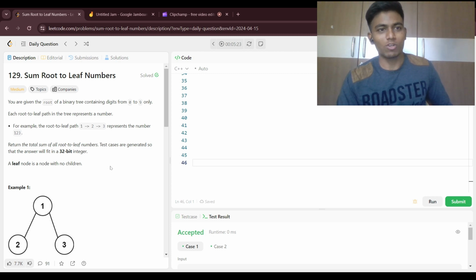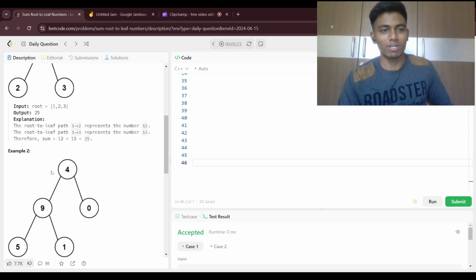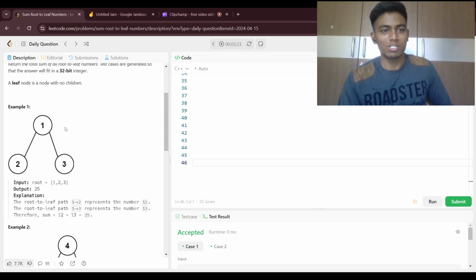So today we are going to be solving today's LeetCode question, which is Sum Root to Leaf Numbers. We are given the root of a binary tree, and we need to find the sum of all the root to leaf numbers. Suppose let's say we are given this particular tree, and we need to find the sum of all these numbers which are made from